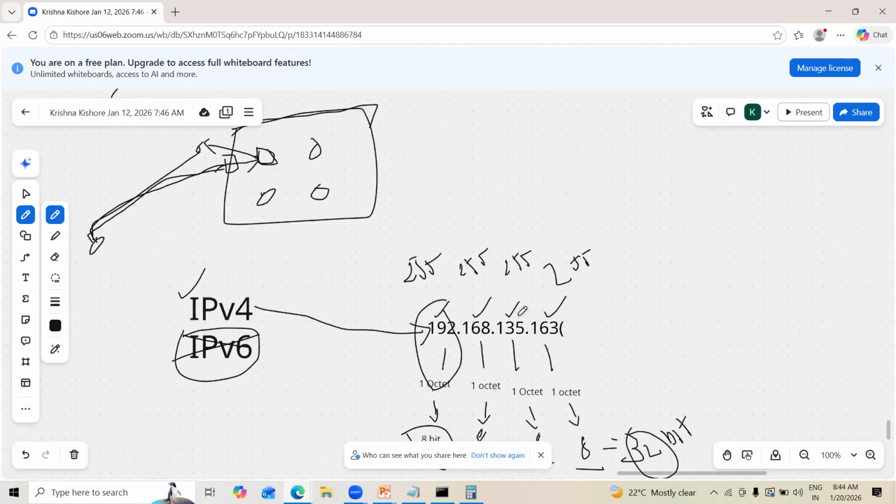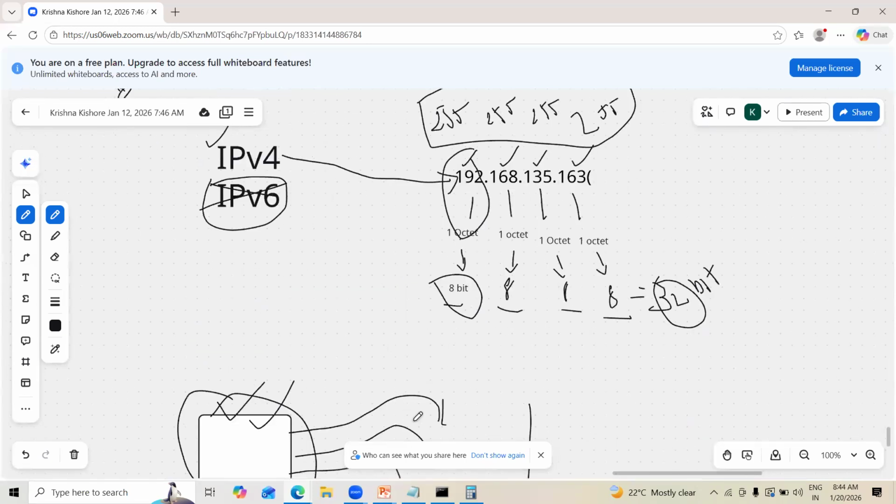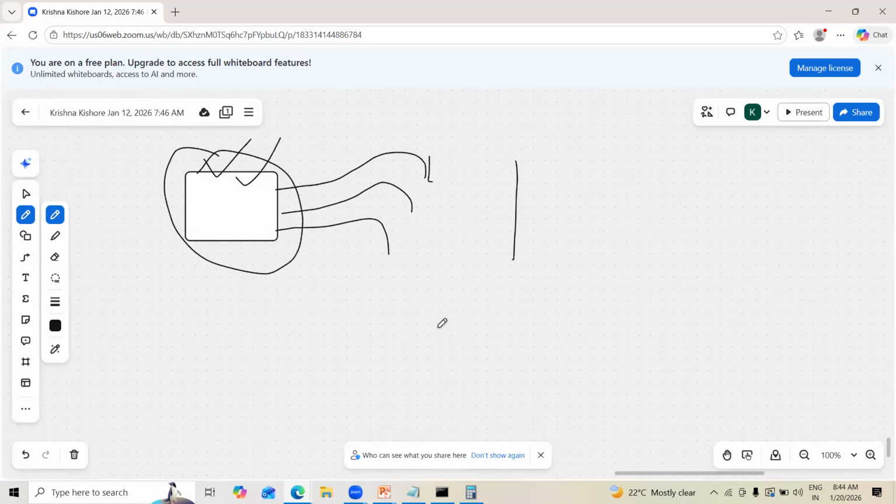Remember, guys, for IPv4 it doesn't matter whether it's a public IP or a private IP. This is the maximum number for each octet in either case. Now we are going to discuss what a private IP is and what a public IP is. We already have some idea: public IPs are connected through the internet, and private IPs are connected through an intranet. So why can't we give a public IP everywhere? Why do private IPs come into the picture?